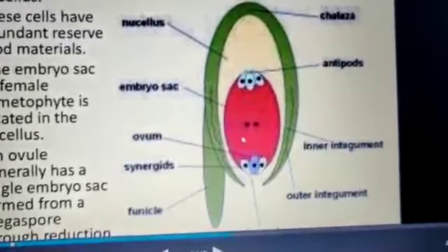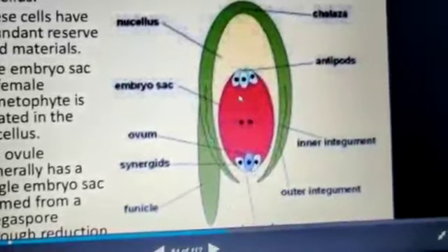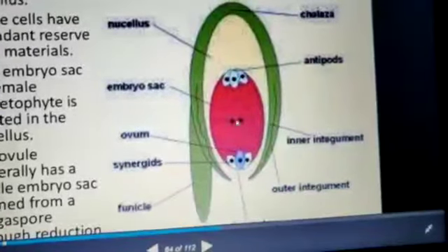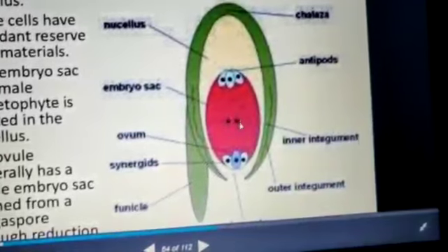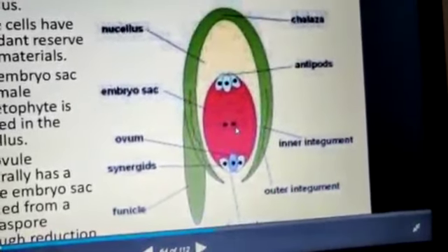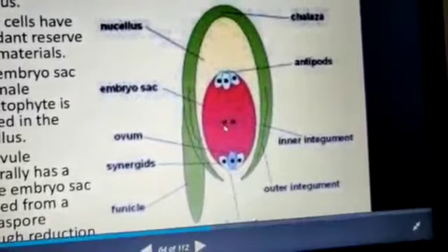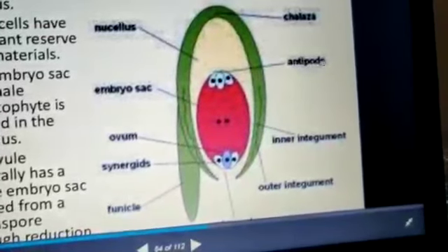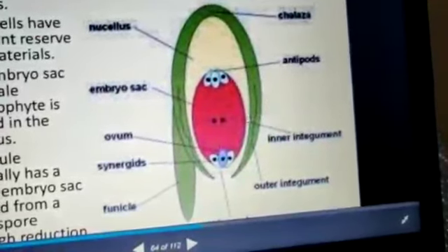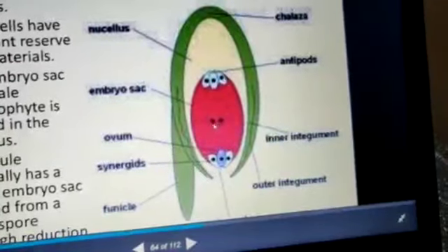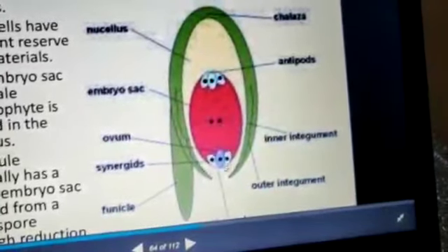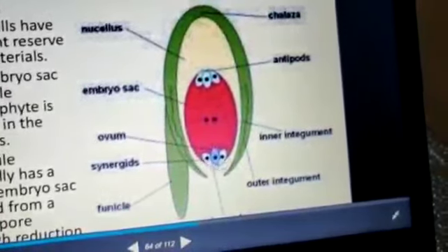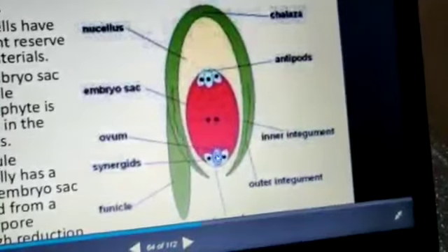This is the female megasporangium development. So, upper side 3 cells, lower side 3 cells, in center 2 cells. But they are considered as a single, 2 nucleated but single cell covered with a single membrane. The 3 cells present on the upper side are termed antipodal cells. These 2 are termed polar nuclei, and the lowermost ones, these 2, both towards that side, are termed synergids, and in between the egg cell is present.